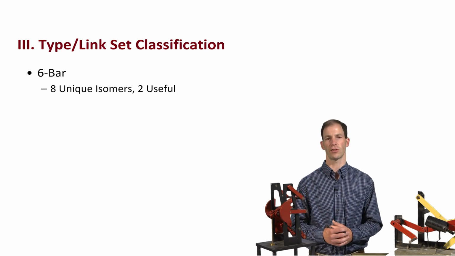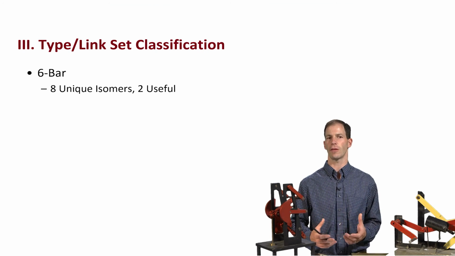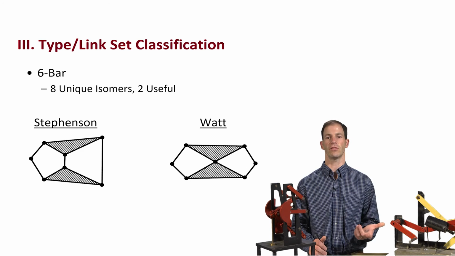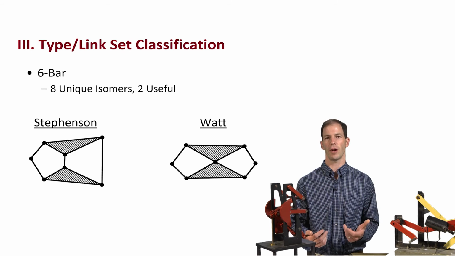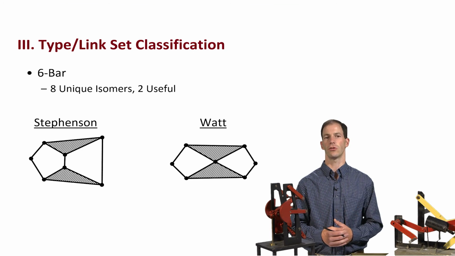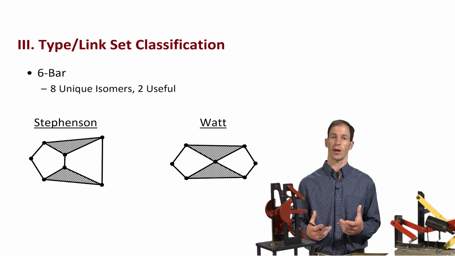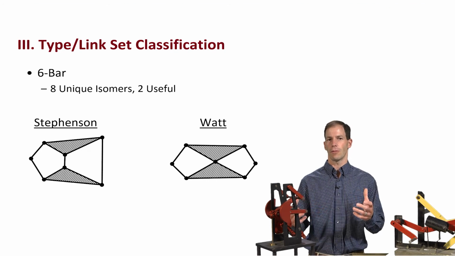Now, there are 8 unique isomers of 6-bars. But as we start to look at how are the degrees of freedom distributed, we find that only 2 of these 8 isomers are useful. And the 2 useful isomers are the Stevenson and the Watt chains. And both of these have a single degree of freedom, and we can create multiple kinematic inversions of these based on which link we hold as ground, and actually create 5 different mechanisms from these 2 isomers. So a lot of capability with these 6-bar mechanisms. You can imagine that I can replace individual links of these with sliders and so on. So I can add a lot of complexity, but this is really just scratching the surface